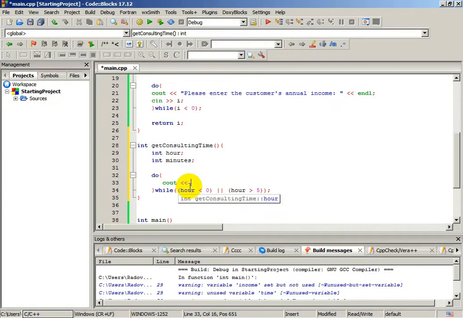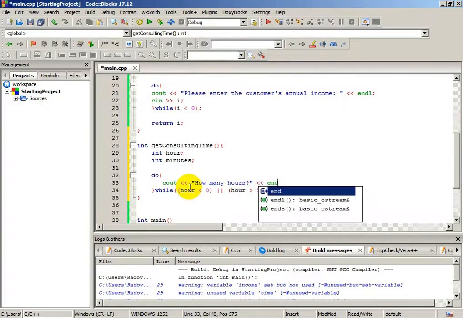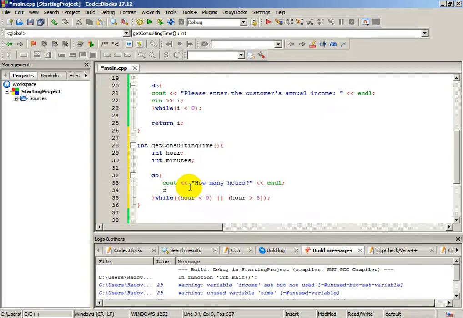cout how many hours. I will use endl. And we need to input, we will use the local variable hour. Okay, until hour is lesser than 0 or greater than 5, the loop will run. But when we enter a number between 0 and 5, of course an integer, the loop will end,